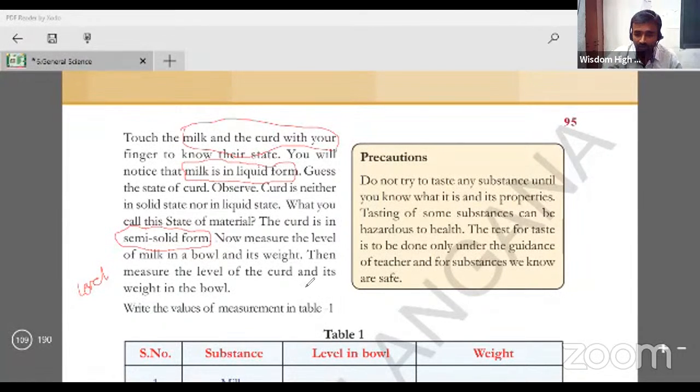So here you may feel that volumes are different, but the weights remain the same. There is no change in the weight. Right? Next, here